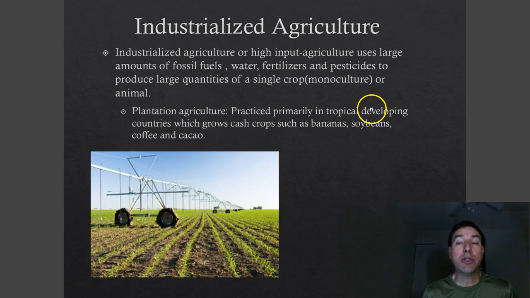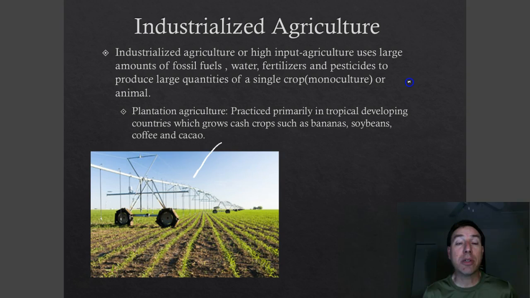Now we get to industrialized agriculture. Industrialized agriculture is a kind we practice here in the United States with big farms. So we have these mega farms that are thousands of acres of the same crop. We call that a monoculture. They use lots of water, irrigation is present. They often use a lot of pesticides, and so they produce large quantities of food, but they also use a lot of other resources producing those crops.